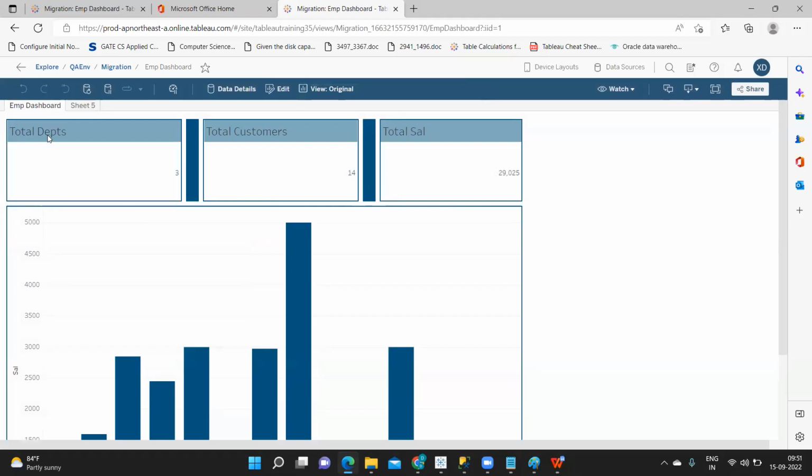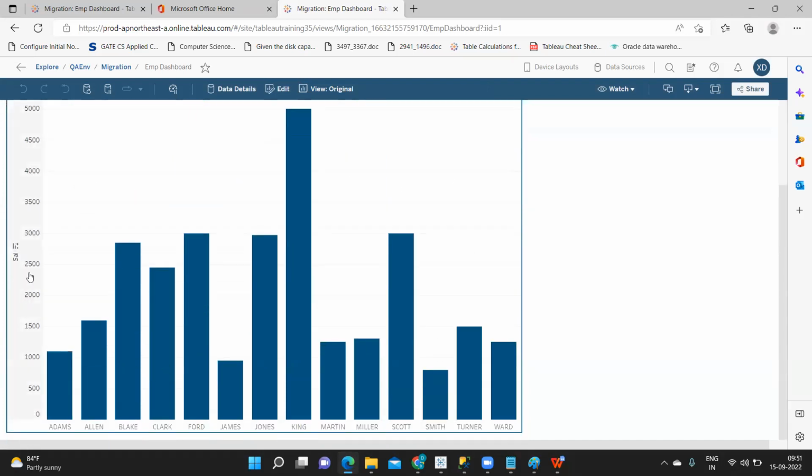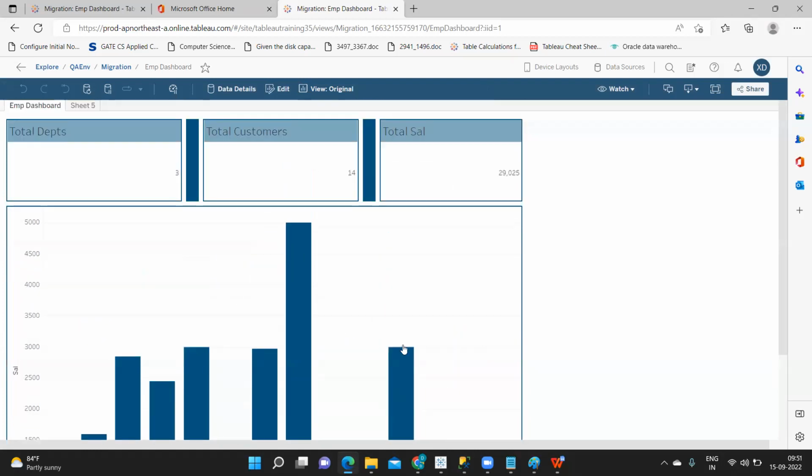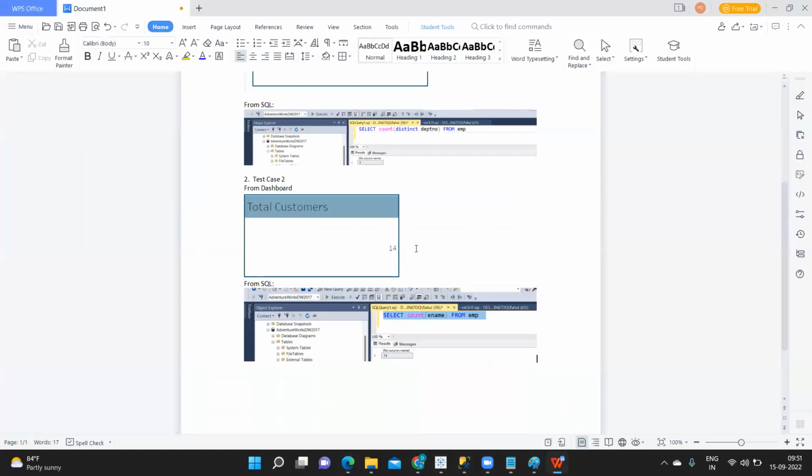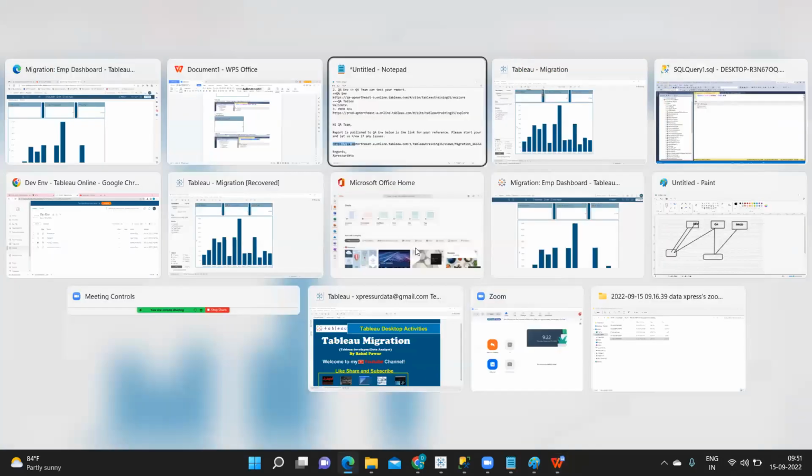He will see total departments. He will see total customers. He will see total salary, if everything is matching here. Okay, is this the client color that client suggested? Is this the title name that client suggested? Is this the name? Are the values matching? All of this he will match, or all of this they will test. Same like how we have created a document here, they will also be creating a document according to the requirement that they have got. Now once they feel that okay, report is fine,